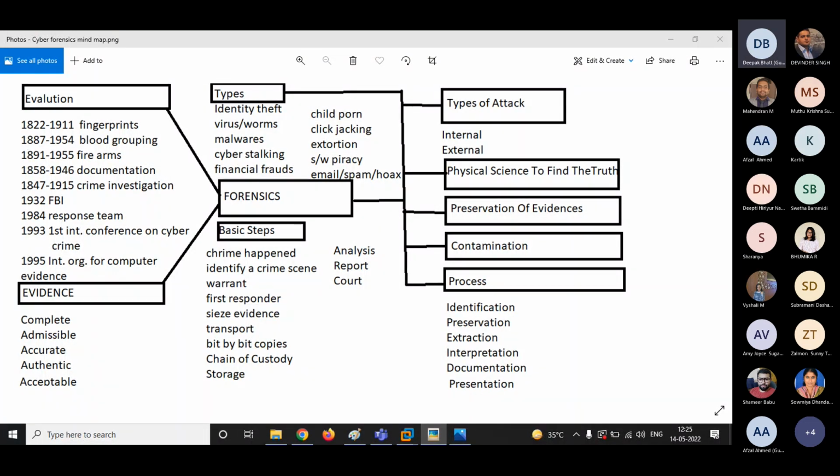And what you'll be doing in chain of custody, guys, is, let's suppose we all are working in a security department, all right? Out of us, let's suppose Afzal, Amy, Bhumika, and Deepti are the first responders. They went to the crime scene, they collected the evidence, and now it's time to transport it.